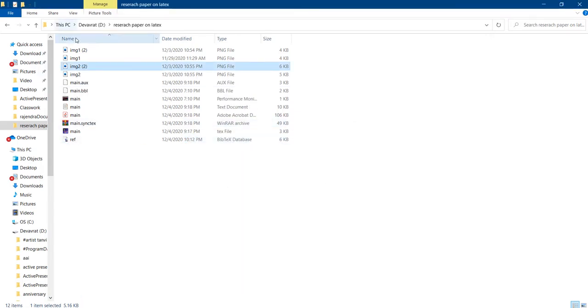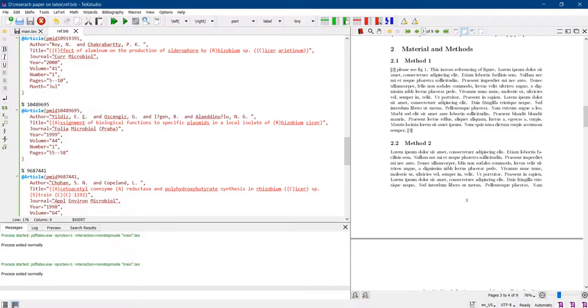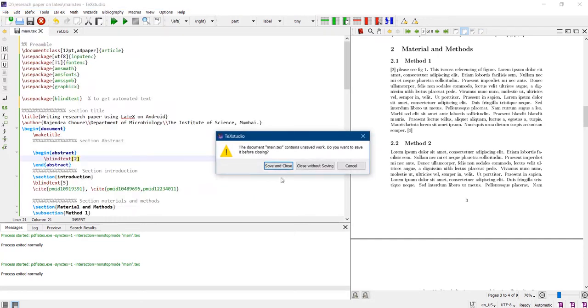We'll say that yes, image 1, image 2 are there, and these images we will add to our LaTeX document. This is the preparation which is required: the bibliography should be saved in a folder, images should be saved in a folder,